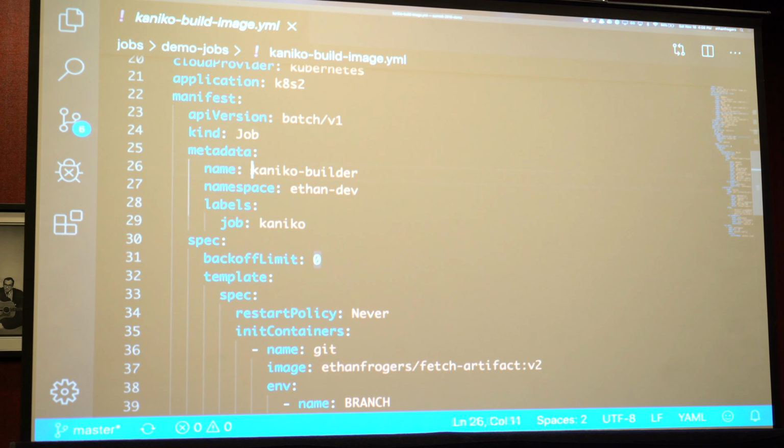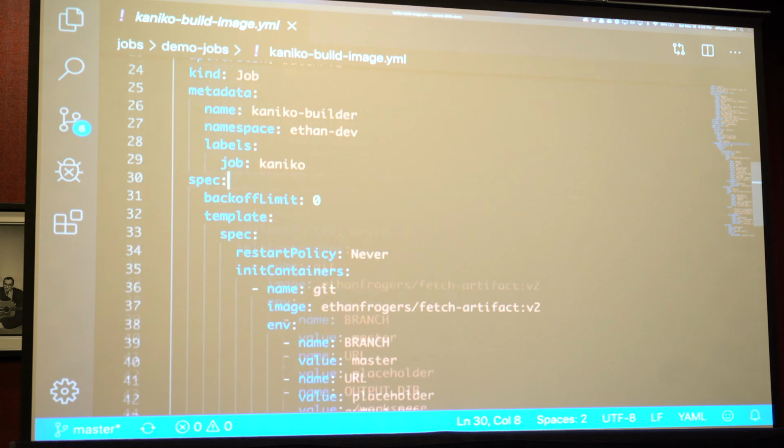We actually generate a unique ID that we append to the end of the name to avoid collision. So you can actually run this same job any number of times and not have jobs kind of killing each other or Kubernetes complaining, oh, a job with that name already exists. So that's just something that we noticed happen. Obviously, you can specify your labels, but